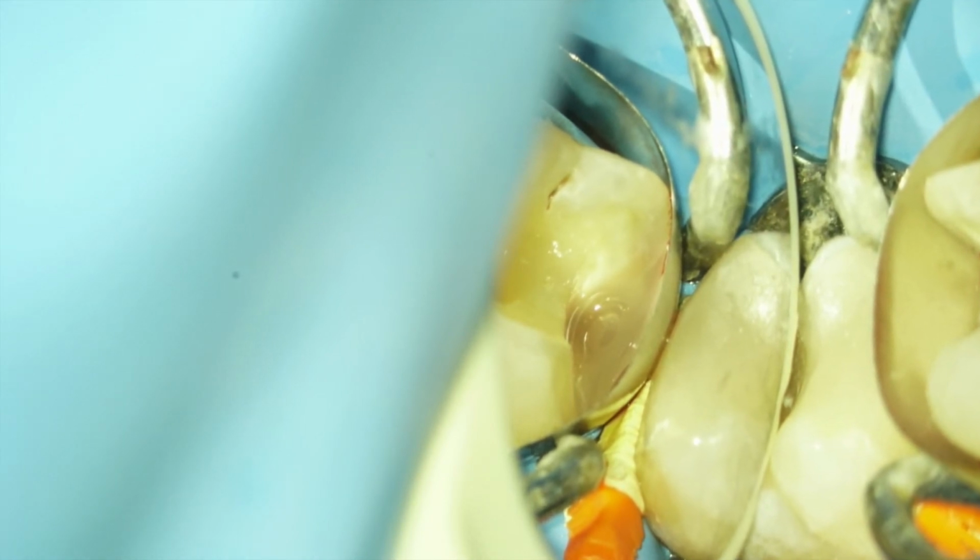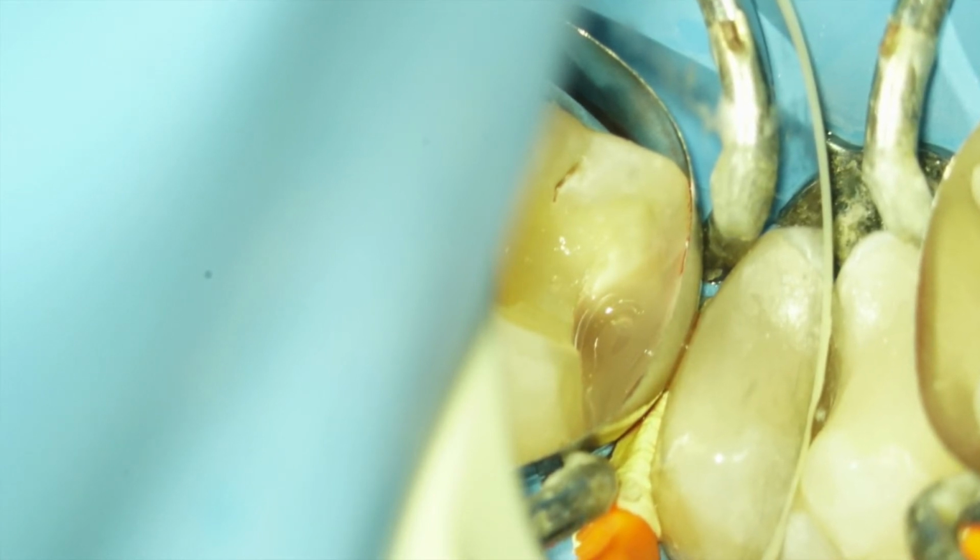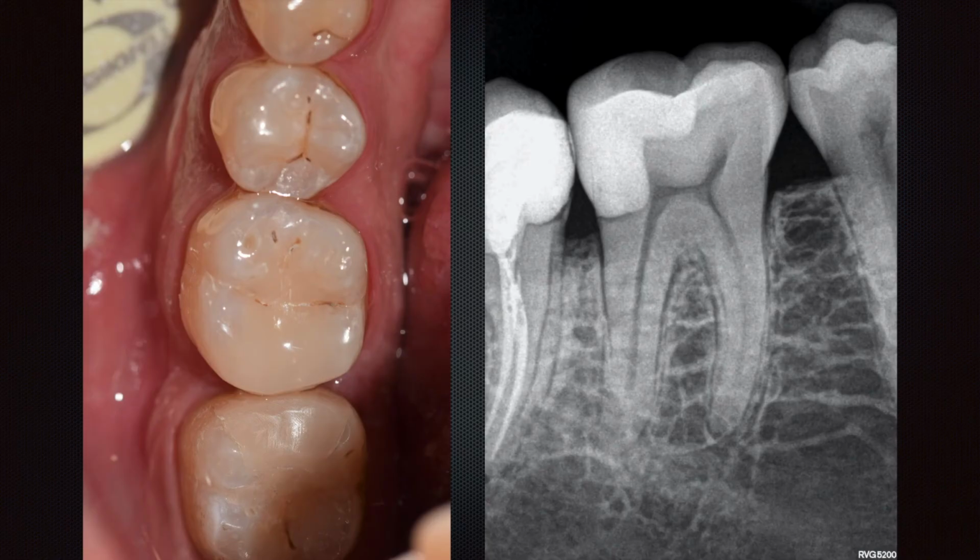As you can see, there's a tiny air bubble which got incorporated and it was tackled by just kneading the air bubble with a probe. And once this is done, the material is light cured. Once the material is light cured, we went ahead, and when I placed my saddle matrix for the contact generation, the matrix fitted perfectly well. And when I completed my restoration, it has the ideal configuration, ideal contour, and all the seal that I need at the cervical part of the tooth.